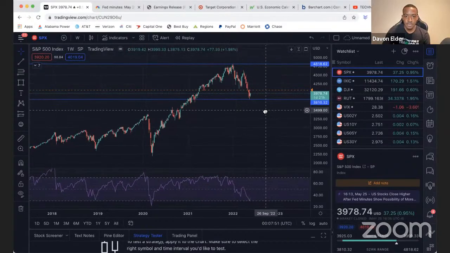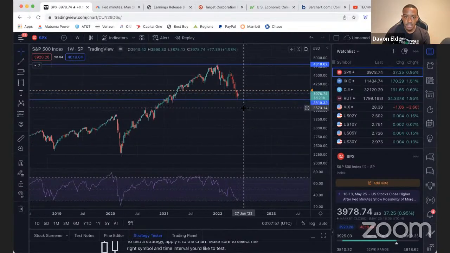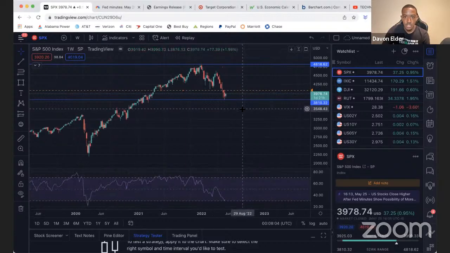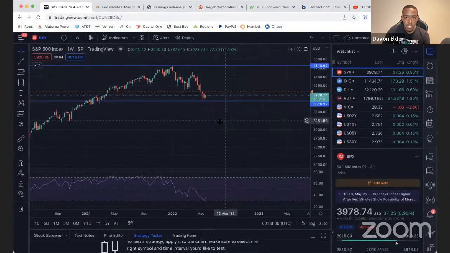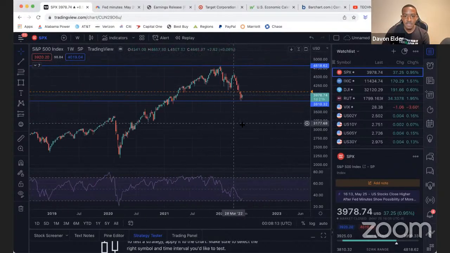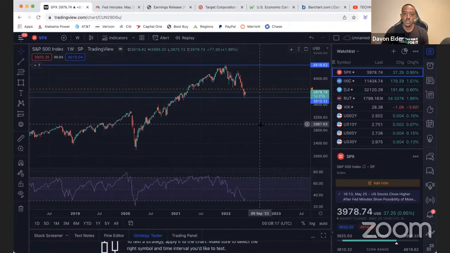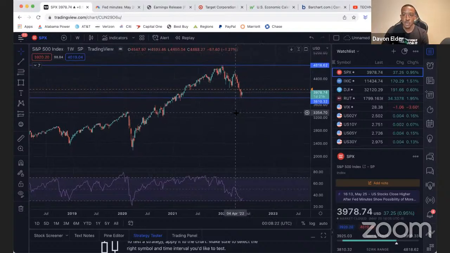So we came down to a bottom, well, a year-to-date low. I'm just going to say year-to-date low. We came down and we tested that, and that level was 3,810.32. Now, this is a weekly chart. So we've had 1, 2, 3, 4, 5, 6, 7 consecutive weeks in a downtrend on the S&P 500. That's the most consecutive weeks we've had on a downtrend since 2001.